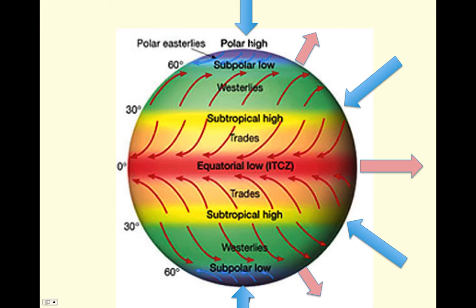Again, this air is coming down, hitting the pole, and all of it has to go southward. It gets turned to its right in the northern hemisphere by Coriolis and ends up converging with the westerlies coming up from the subtropical areas. So this simple model really shows you why there's surface westerlies from 30 to 60 north, why there's weak easterlies from 60 degrees north towards the pole, and why there's strong trade winds with a northeast component in the northern hemisphere and a southeast component in the southern hemisphere.